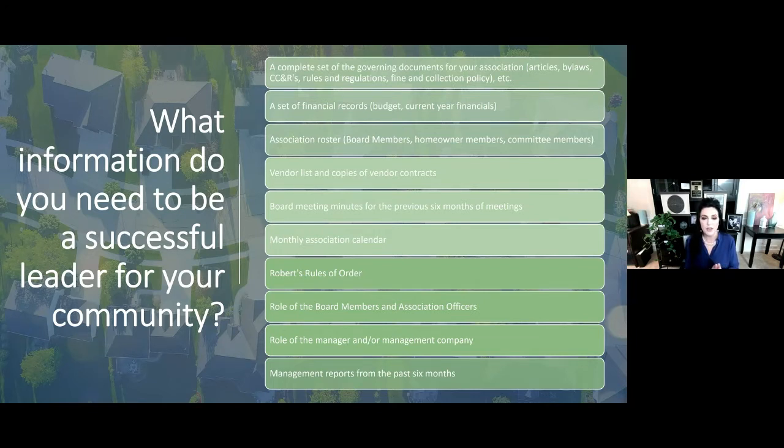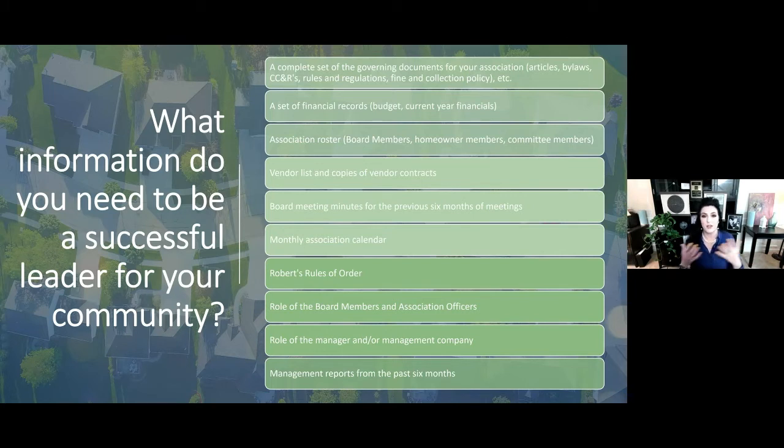And one of the things that we commonly get during the transition period is, oh my gosh, we don't have a copy of our contract. How are we going to get that? Not a problem. The good news is when we receive a vendor list, and if you're not even sure what your vendor list is, take a look at your governing documents, back to those financial records, and maybe your documents actually have a detailed transaction ledger where you can actually see what is being paid and to whom,